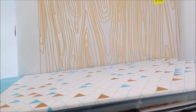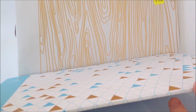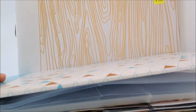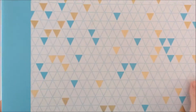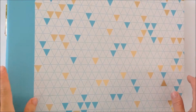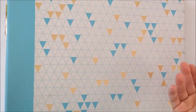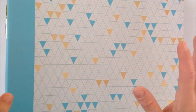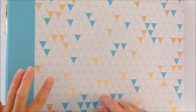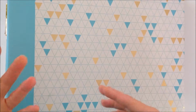When I started Project Life, I only bought page protectors. I didn't buy the album because I was waiting for a good sale. And here in New Zealand we've got stores called The Warehouse, and they're a bit like, I guess, Walmart in the US. They've got a lot of cheap plasticky stuff, but at least my nearest one has a decent scrapbooking craft